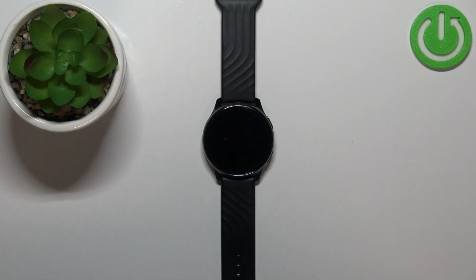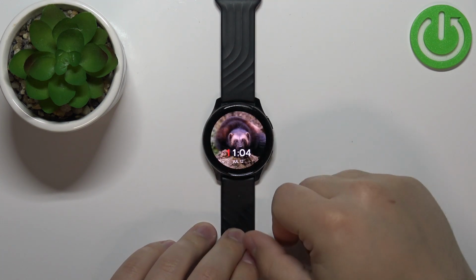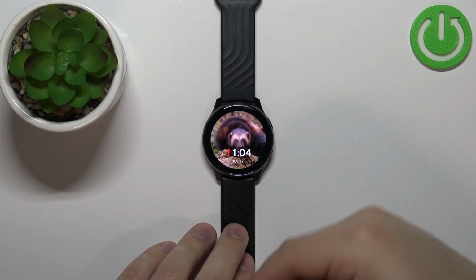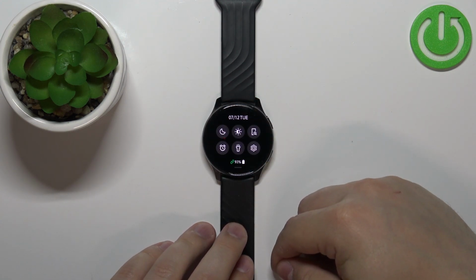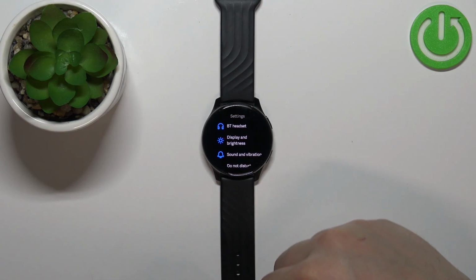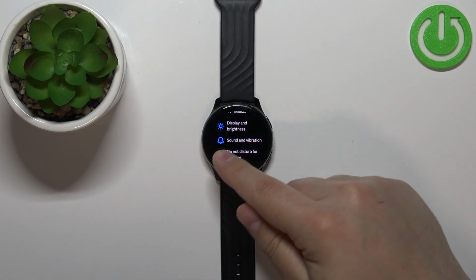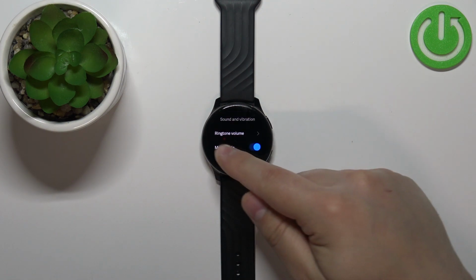First we need to wake up the screen on our watch, and we can do it by pressing the upper button. After we wake up the screen on our watch, we can swipe down from the top of the screen to open the quick panel and then tap on the settings icon to enter the settings. In settings, scroll down, find the option called sound and vibration and select it, and here we have the option